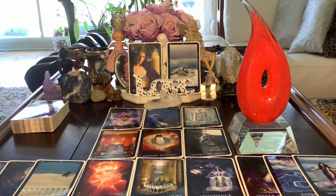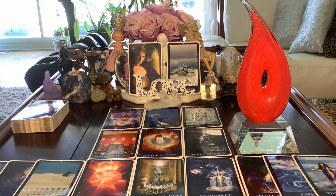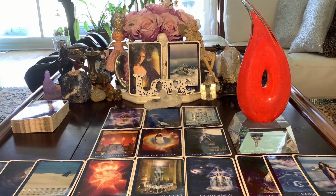Again, with the triple 10s, a very high vibration. We have the 3 of Swords beginning this twin flame read reversed, and beneath it was the reflection or the hermit upright, the 5 of Pentacles upright, the 4 of Cups reversed, the Starseed upright, and the 7 of Swords reversed, upright. So the hermit reflects out in the cold, in exile, coming off the small island, swimming to shore for a fresh start,